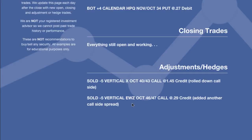EWZ is very much the same thing, except we didn't roll anything just yet. We had working orders to close out one of our further up call spreads. So the 50-51 call spread, we had a working order to close that, just didn't get filled. So it actually wasn't a roll, it was an adjustment and added another call spread to this side of the trade. Basically what we did there again is trying to roll down the call spread. We tried it in two separate orders and got one filled and didn't get the closing order filled. So hopefully we'll get that filled tomorrow so that we just neutralize our margin